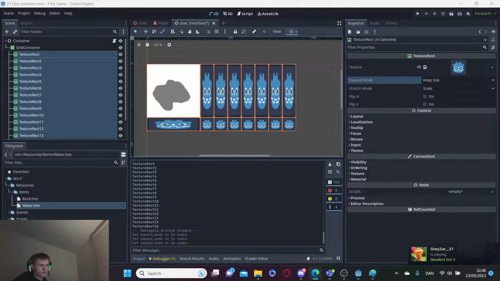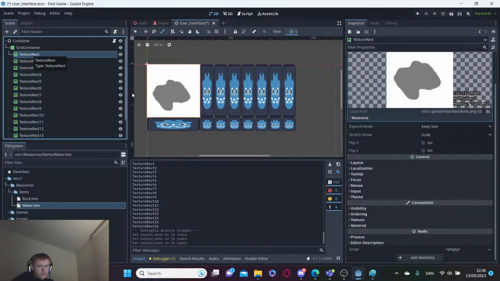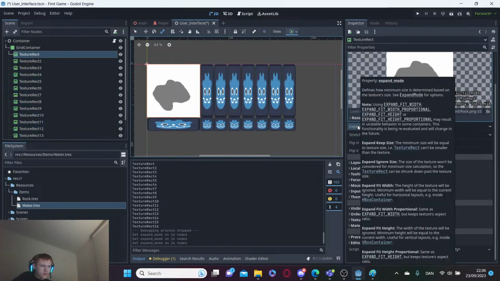Maybe, I don't know. Okay, Google here says turn on the expand checkbox for texture rect, and then so turn on expand. Where is expand? Checkbox for texture rects. This is expand